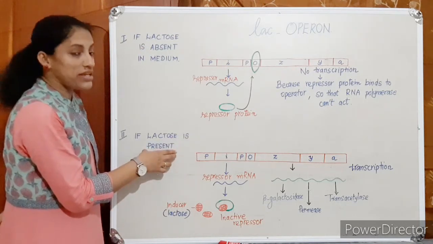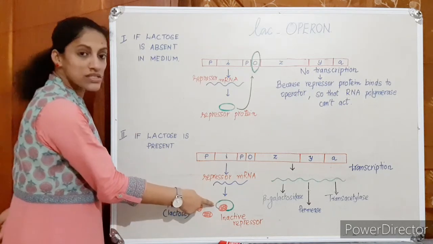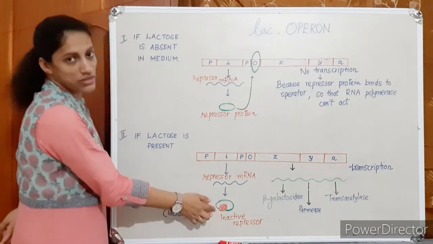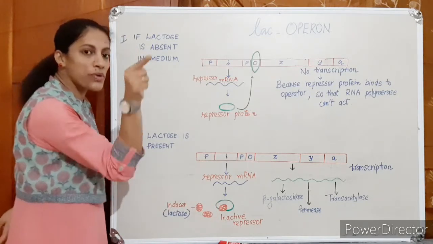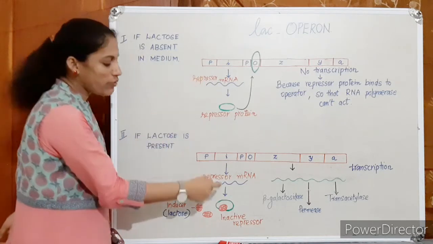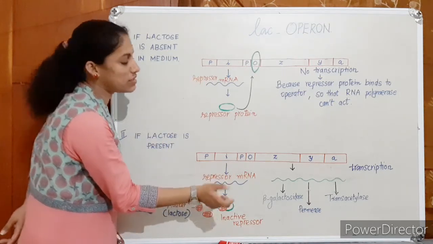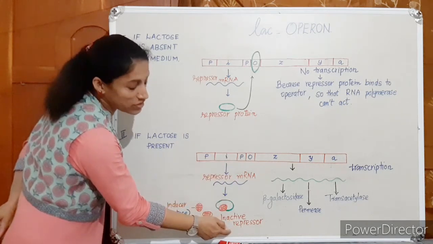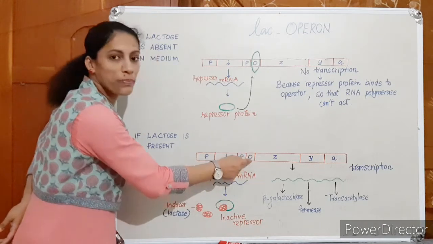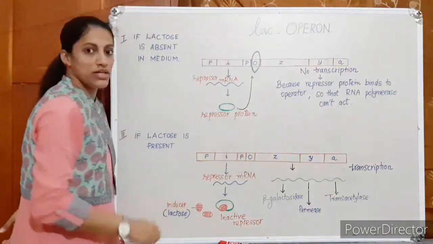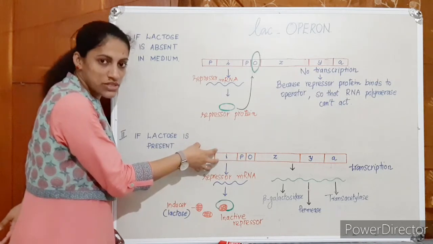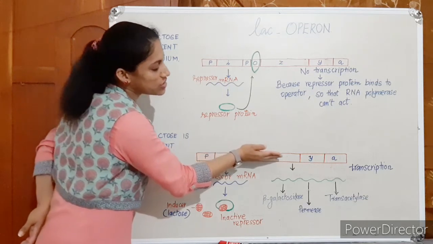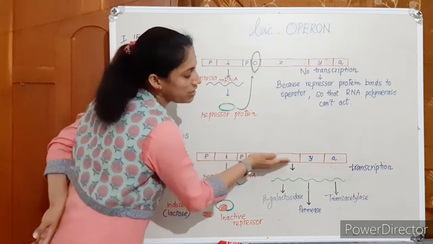If lactose is present in the medium, understand the repressor is always produced, but this lactose goes and binds to the repressor. To the active site of the repressor protein, lactose goes and fits. Then what happened? It inactivated the repressor. This active site is not free to bind here. That means this repressor is inactivated so that it cannot block the operator. There is no block on the operator. Then what happens? RNA polymerase comes, it opens the helix, goes on transcribing. It reaches this site and can easily move ahead.